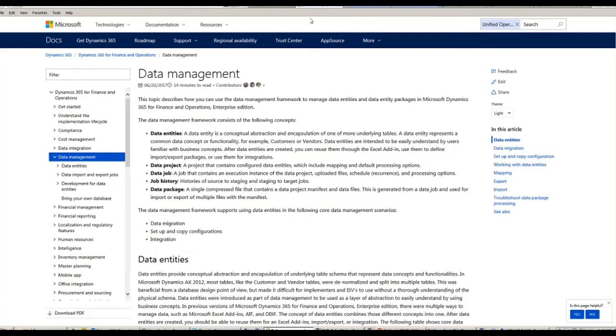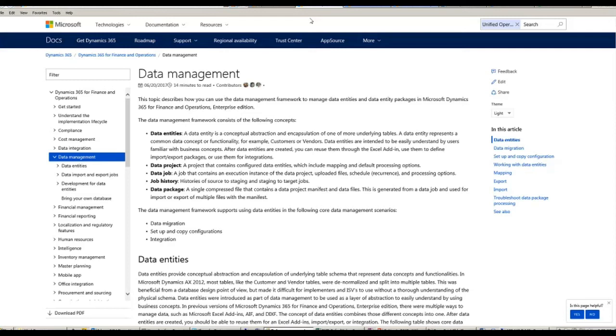What's a data entity? We know in AX, especially in 2012, they denormalized the table. So the customer, if you look at the customer screen, there's over 20 data sources, from the global address book for the name, logistics address framework for the address, and a whole bunch of other tables to do that. So to integrate or to interact with that customer, if I wanted to import data, they've created an entity. And think of this as a SQL view or a logical view of that denormalized table to abstract that.